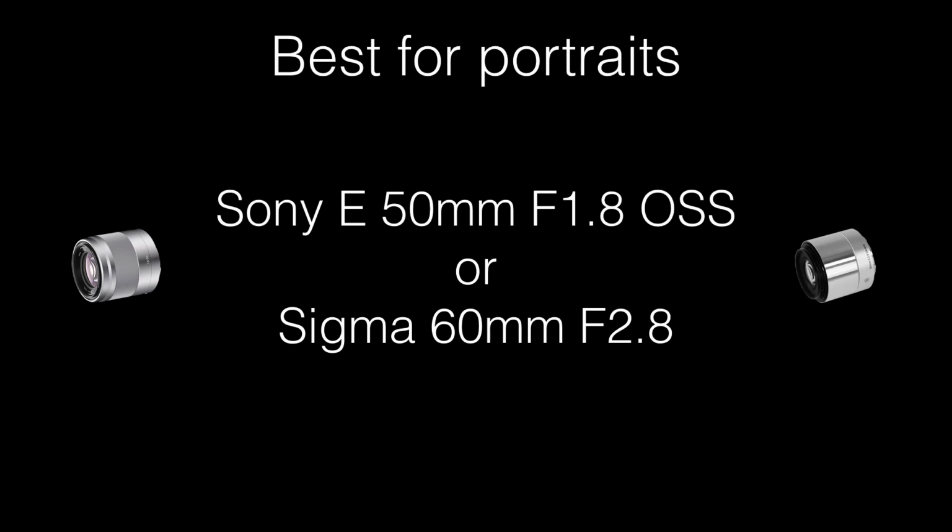Both these lenses are supremely sharp, and Sigma actually is a little bit sharper than Sony, but Sony has one stop wider aperture, which will make for nicer bokeh. And optical stabilization is also a killer if you don't have the latest and greatest A6500, which has image stabilization on sensor. This was one of my personally favorite lenses when I owned NEX 5R, and yeah, I took some